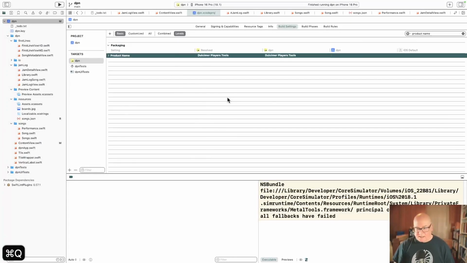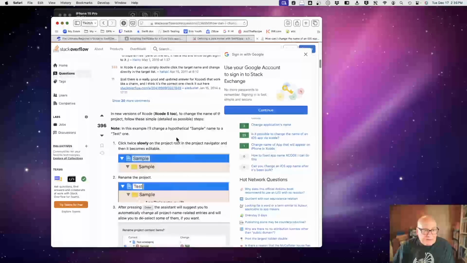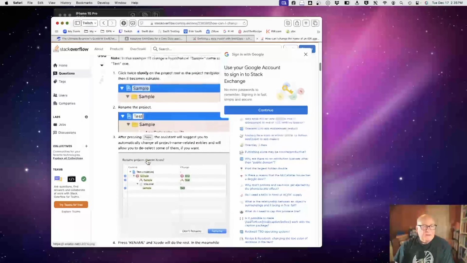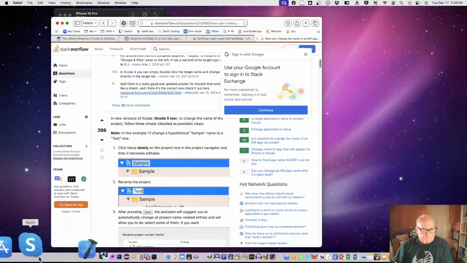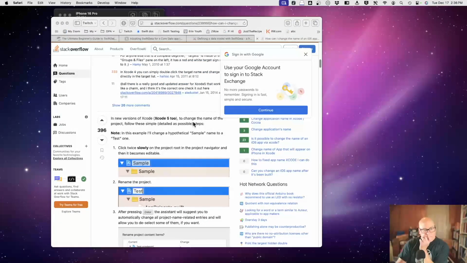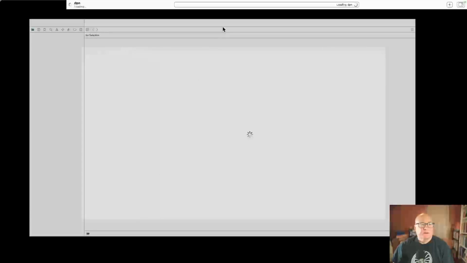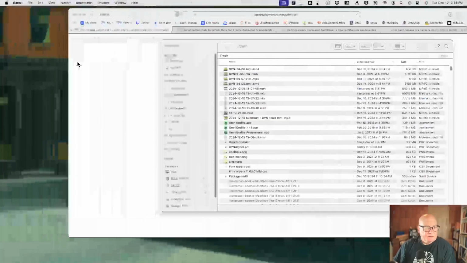Okay, so they said I had to quit Xcode, and somebody said I might have to delete something. Click on the project root in the project navigator. But can I put spaces in? Okay.